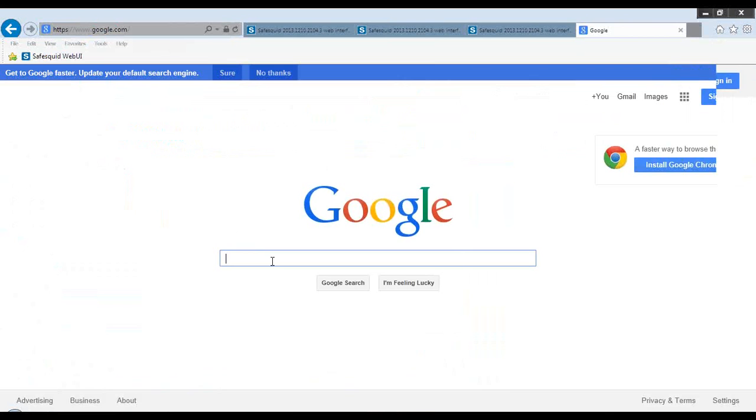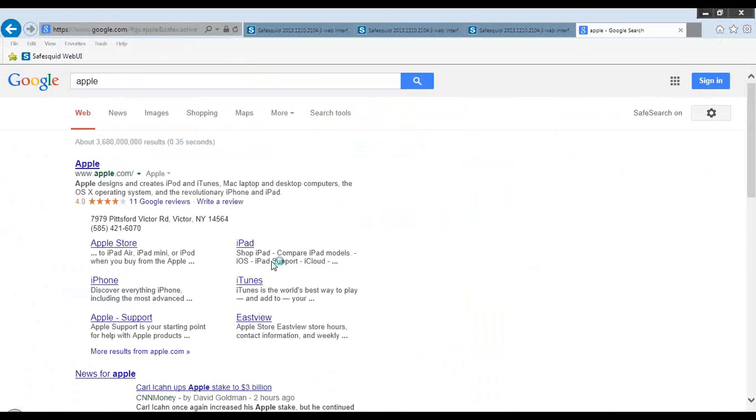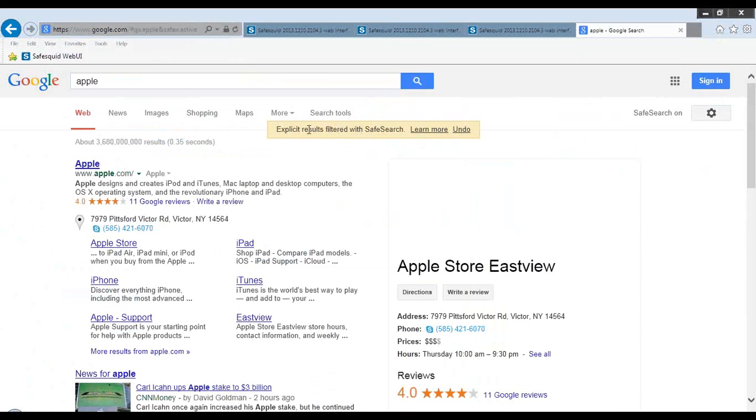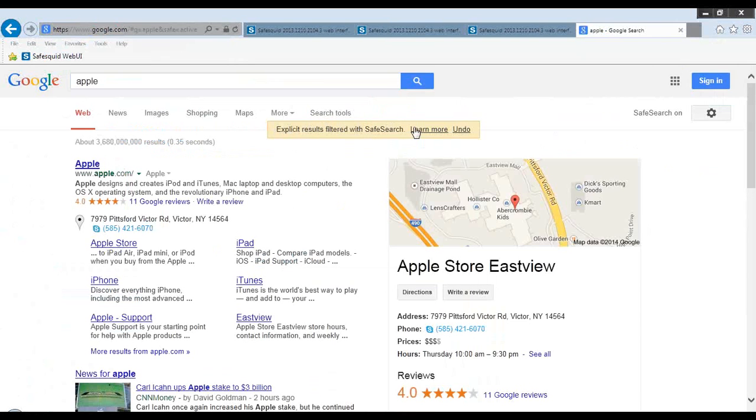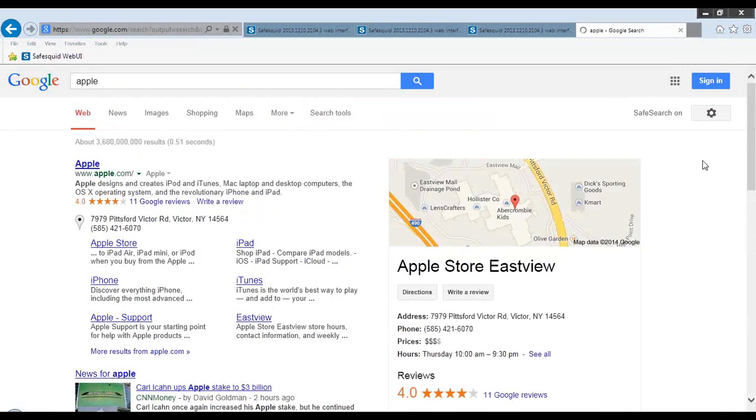Now, for example, if I start to make a search here, say I look for Apple, you will notice it's automatically telling me that my Safe Search has been enabled. Now, no matter what I try, I will not be able to turn off my Google Safe Search. You see, it's just come back on. I just cannot change it.